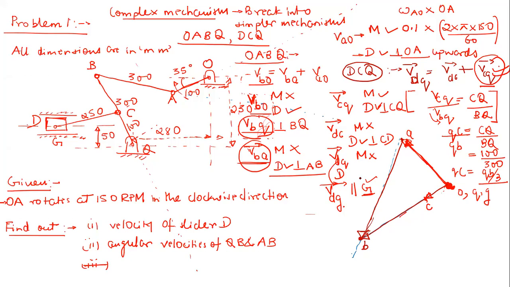See, the two directions of these two vectors are known, right? Only the magnitudes are not known. So in such cases, what do we have to do? See, which is the common point in these two vectors? D, right? So that means we have to locate the point D and our problem will be solved. So now how to locate this point D?